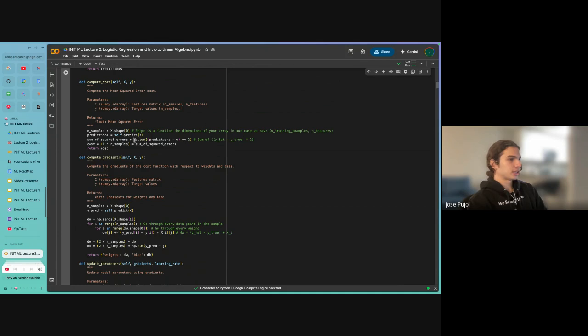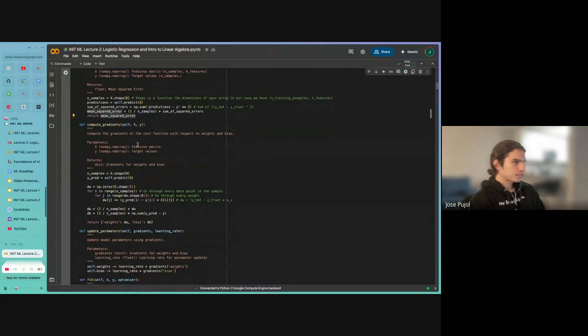We get the sum of all those errors, and then take the average to get our cost. So this becomes mean squared error. Okay, so this makes sense.